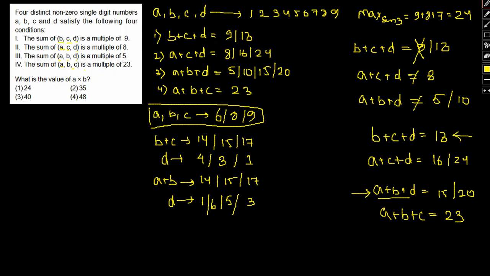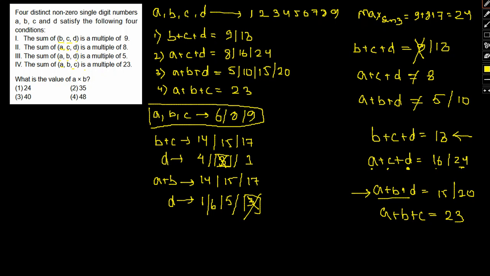Okay, so if we consider d here, suppose a plus c's value is 17. We cannot actually imply d equal to 3 in this case, because a plus c can be either 15 or 14 or 17. So either way, plus 3 cannot yield us either 24 or the same. So d equal to 3 automatically gets cancelled out. Similarly, only one consistent value, a plus c has to be 15.